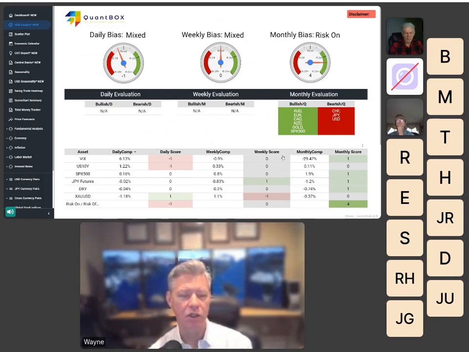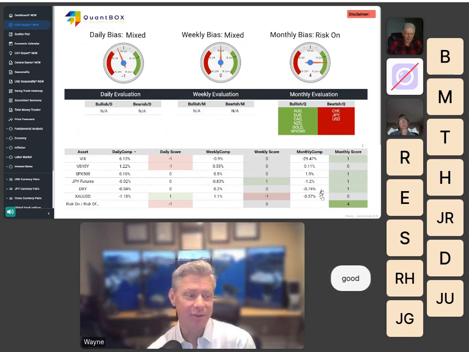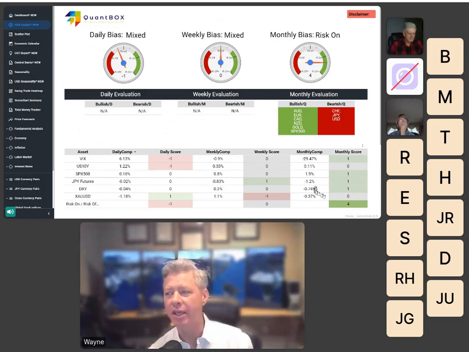Rick says, when I say good or not good, you mean in terms of risk bias? Well, let's investigate. Okay, so let's say you have a retirement portfolio, Rick, and you're making money. Your portfolio went up and you are 1.9% richer than you were 30 days ago. How do you feel about that? Good or do you feel bad? Yeah, that's what I mean. That's exactly what I mean. It's good. But yeah, that leads to risk on.